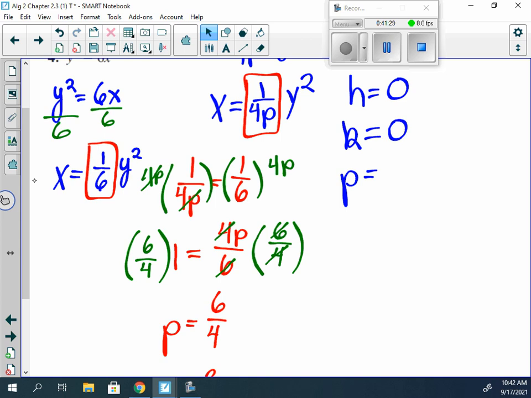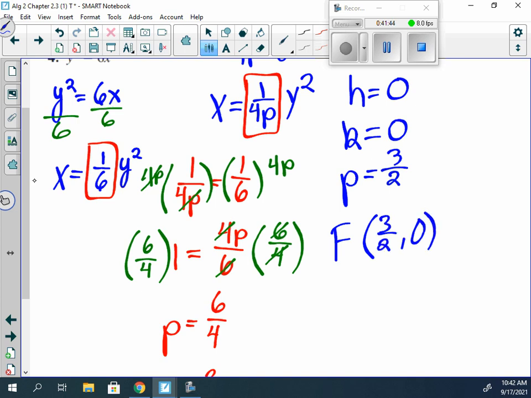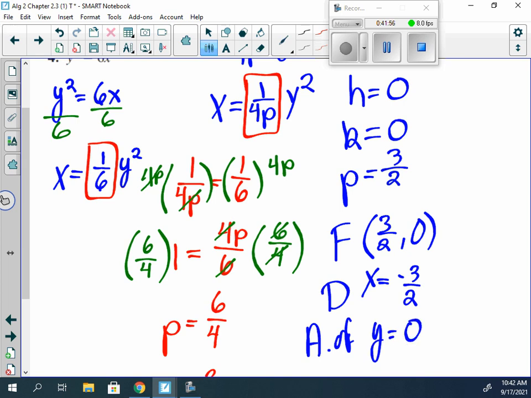Because we said 3/2, so p is 3/2, yes? Focus would be h plus p, so it'd be 3/2, comma 0. The directrix would be x is equal to negative 3/2, and our axis of symmetry is y is equal to 0. Okay, so